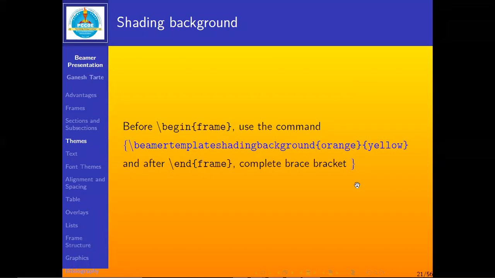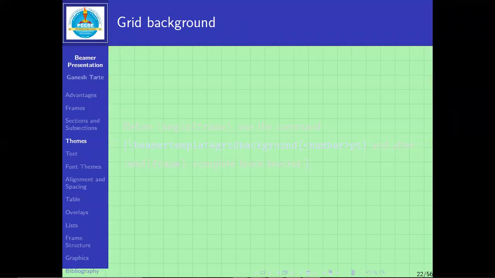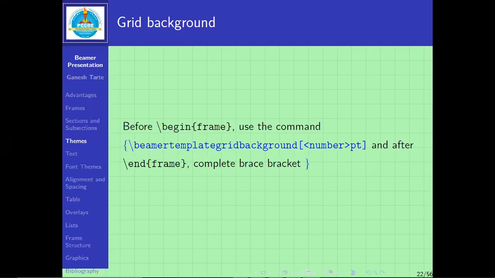Next, same as shading, we can set a grid as the background like this. So I'm setting the grid with some particular points. I'm setting here 1.1 centimeter, 1.5 centimeter. So this is a grid with green background color. So at a time I am using two commands here. Firstly, I have set the green color and then set this grid background. This number of points is optional. We can set a grid with 1 centimeter or 1 point or 1 inch. It is up to you.